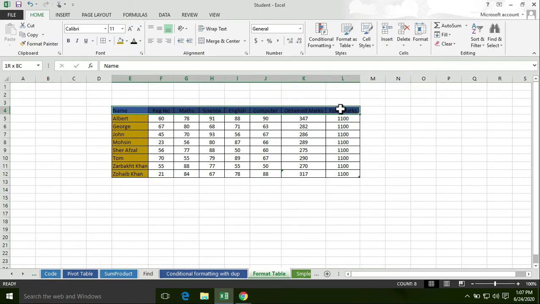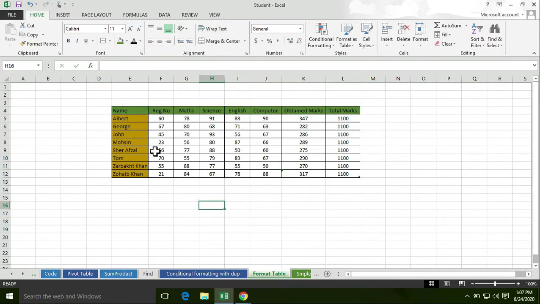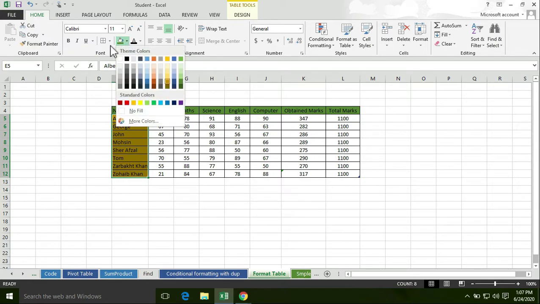You can also change the color of a row. First of all, select this whole row, click on the drop down button or theme colors under the home tab, then select another color. You can also change the color of a column. Select the whole column, then click on the drop down button or theme colors under the home tab, and select this option, gray.